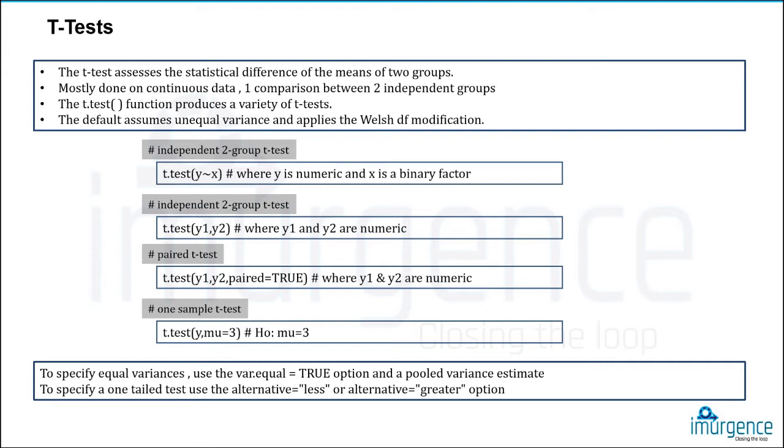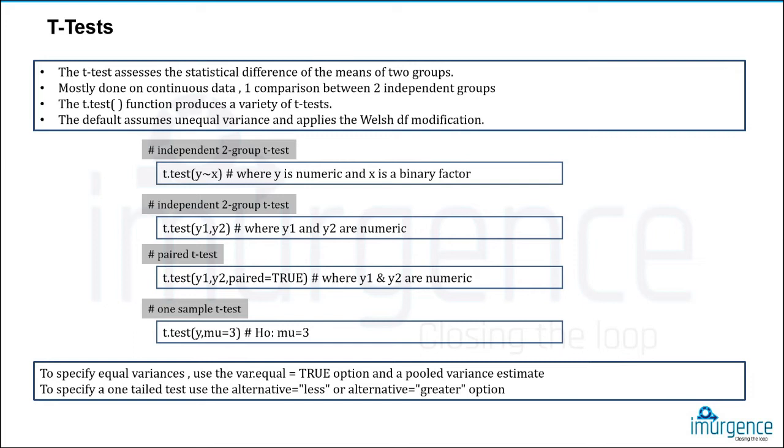So if this is the case wherein the class of the data is gender, which is a categorical or a binary factor, then I will pass the data as y, that would be the salary data, and x would be the binary factor, and I would get the t-test for that. Obviously what you expect is that the value of p should be less than 0.05 to justify your alternate hypothesis. If it is greater than that, that means you are accepting the null hypothesis that they are equal to each other.